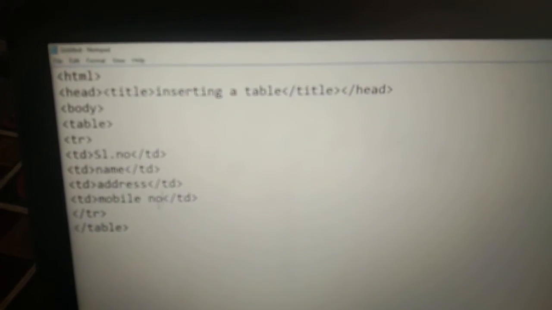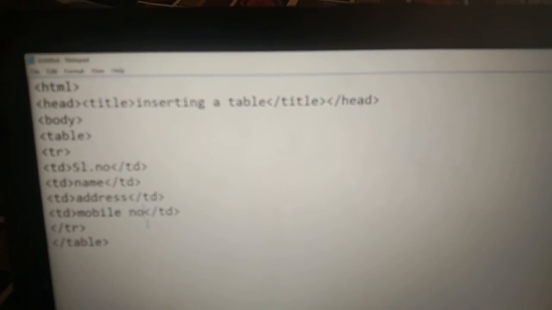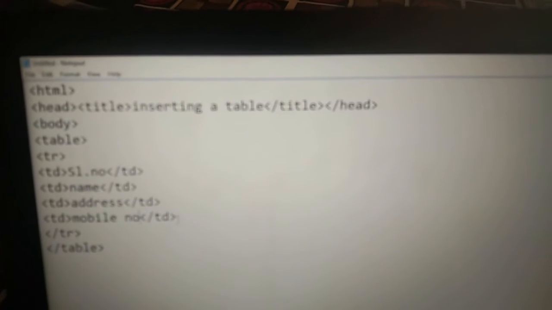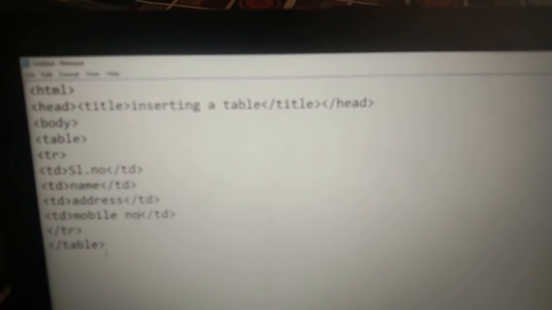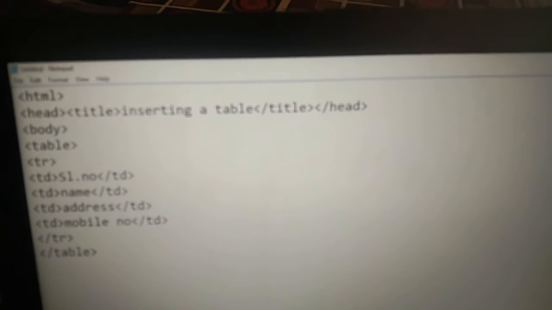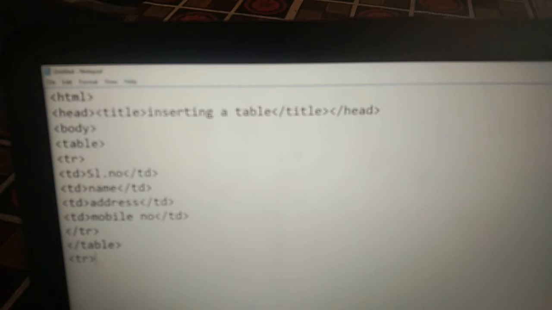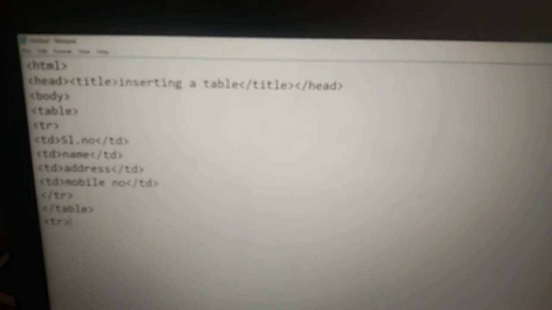Now we are going to list the information. To do that, we have to type one more table row, opening table row and closing table row.